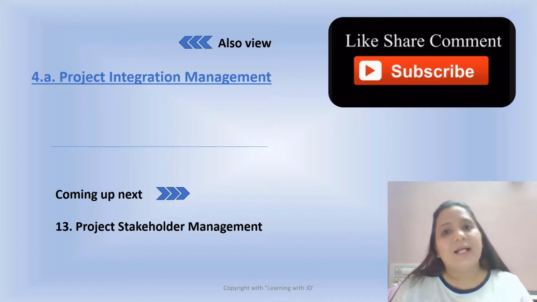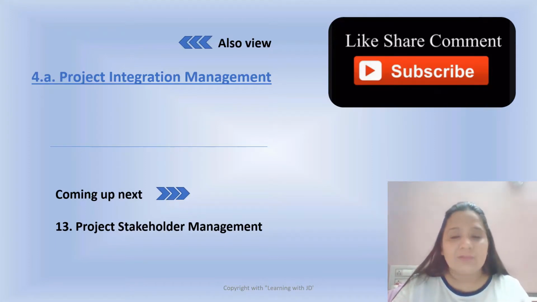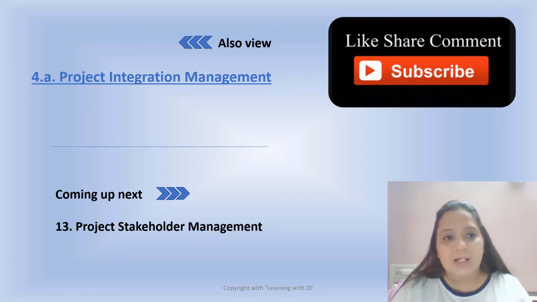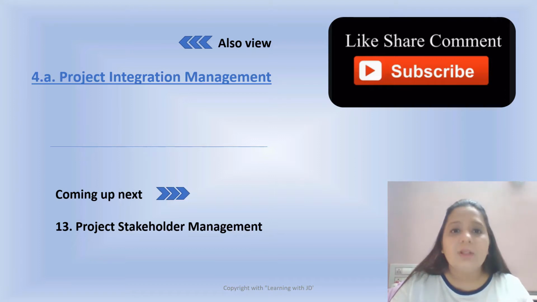Got that? So guys, I hope you are clear with the first knowledge area, that is Project Integration Management. This is the most important from your examination perspective. Understand this is the job of the project manager to manage the integration, and hence from your examination perspective you will see a number of questions arising from this section. Both the parts, part 1 and part 2, are uploaded on my channel now. You can go back and see part 1 as well.